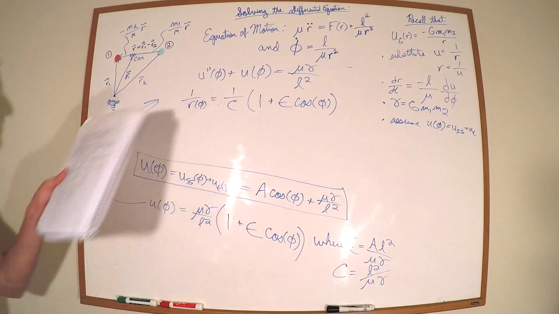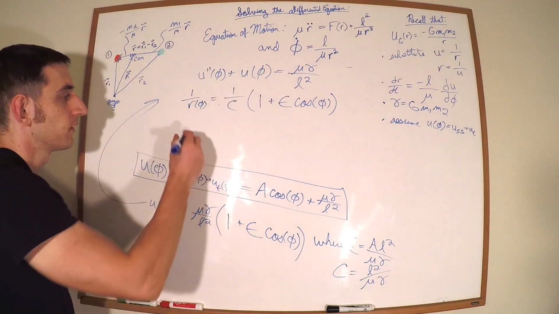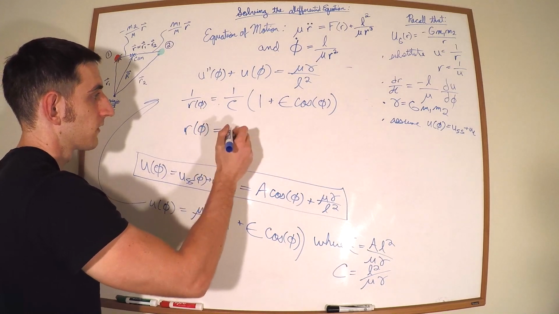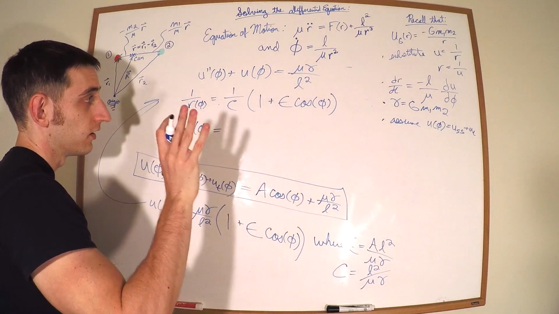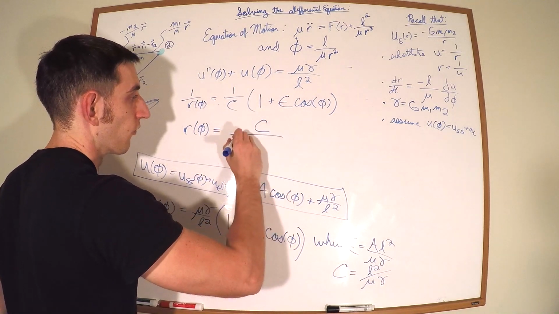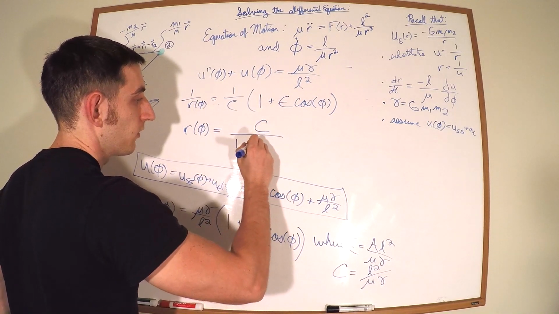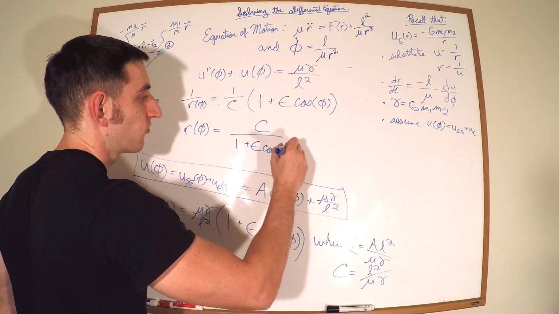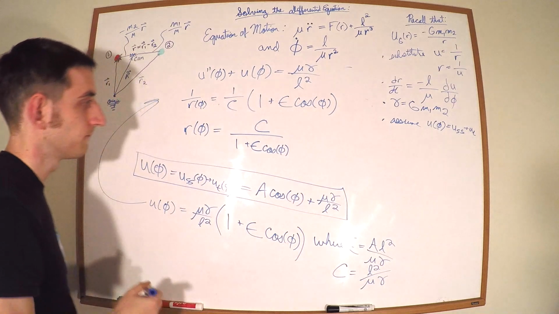All right, so if we isolate R by moving it over here, what we find is that R sub phi is no more than C over 1 plus epsilon cosine phi,